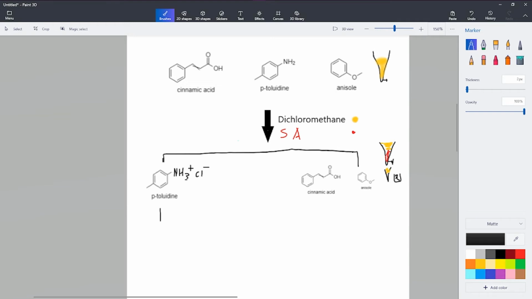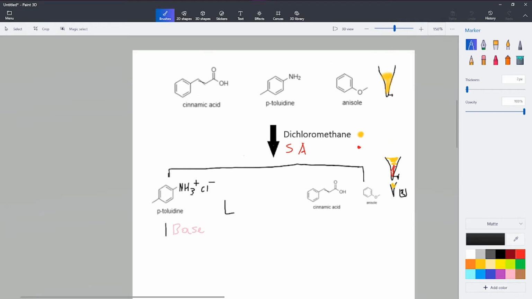So if it was the acid, we start with an acid, we add a strong base, and then we have to add an acid to get back our acid because that's what we started with. So if we add our base, this is a beaker. In here,